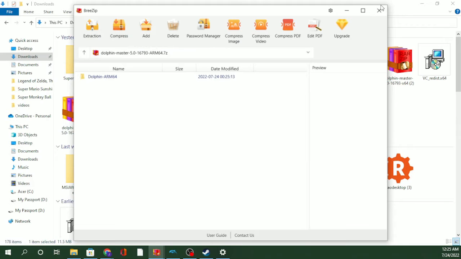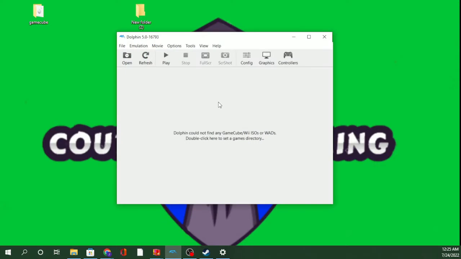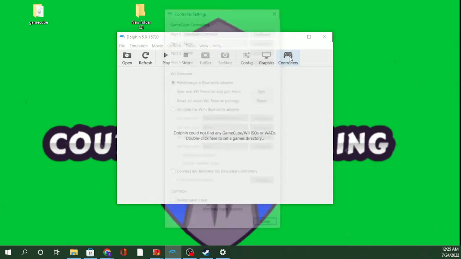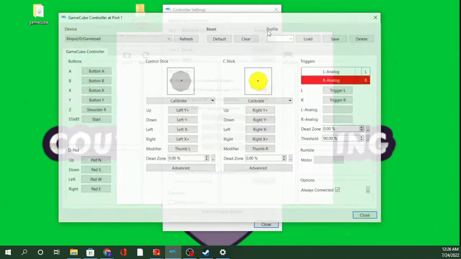So after you get all that downloaded, we can open up our Dolphin emulator, which is right here. Couple things to point out with our Dolphin emulator. We can go into our controller. I personally use the standard controller. I use the Xbox One Elite Series controller for all of my gaming needs. But you do have the option of using a GameCube adapter for the Wii, steering wheel, a dance mat, Donkey Kong bongos, keyboard, etc. So after you figure out what best fits your controller needs, go ahead and click configure,